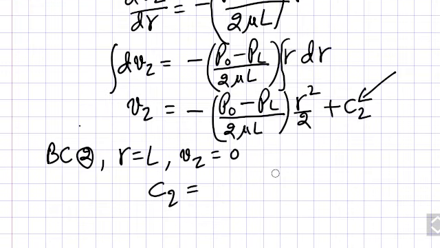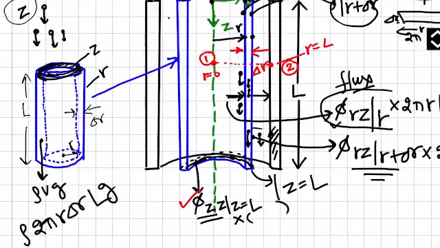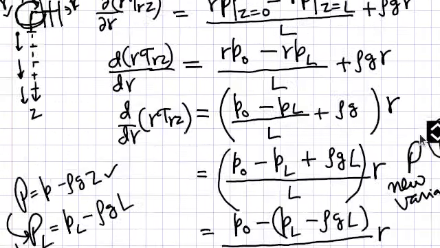One correction I would like to make here: that r is not L. This is the radius of the tube. Here I wrote it incorrectly, so it is not the length of the tube, but it is actually r. It was a mistake, because this is the radius, and the length is this. Okay, so we can use it here.